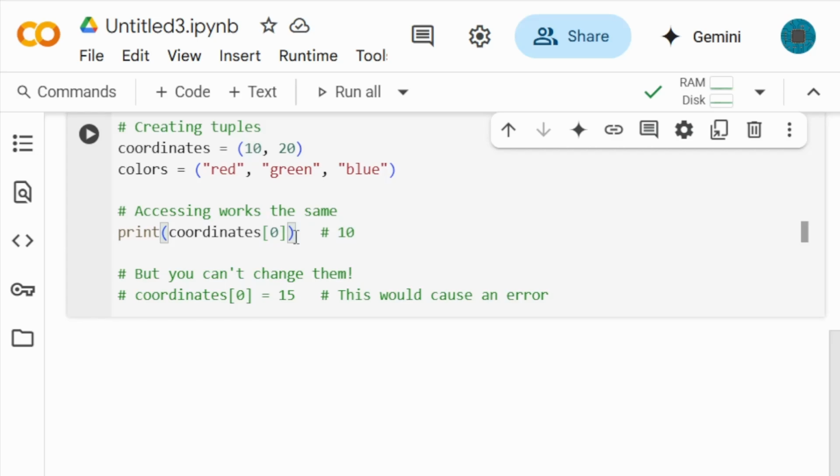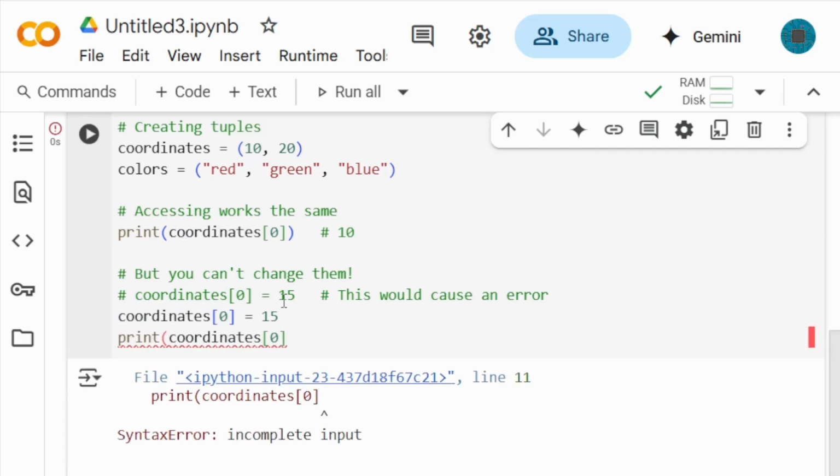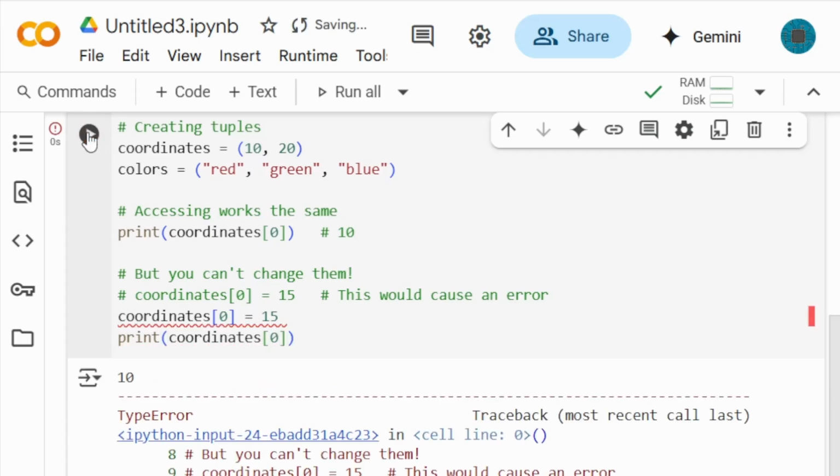So let's do a simple example where we're going to change the coordinates from 0. We're going to change coordinate 0 from 10 to 15. Okay, and then we're going to once again print the coordinate of 0. Let's see what we get. Okay, we've got a syntax error there. Let's do that again. It's because we missed out the brackets at the end. So if we run that command again,